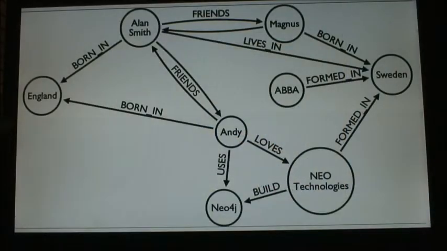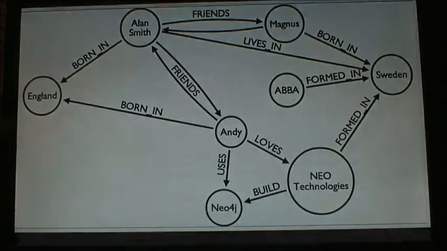And finally, this is how our brains work. We think about data as points, we don't think about them as tables. We think about things like, Andy's got a friend called Alan, and Alan's got a friend called Magnus, although I'm not necessarily sure about that bit. Anyway, so what I've expressed here is a graph of points of information about a couple